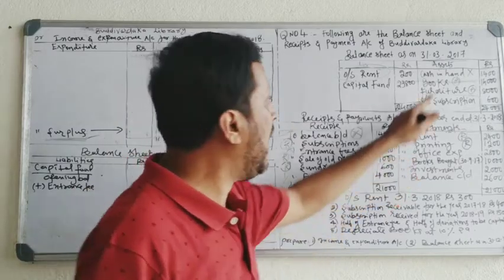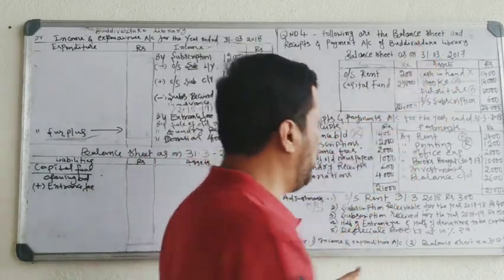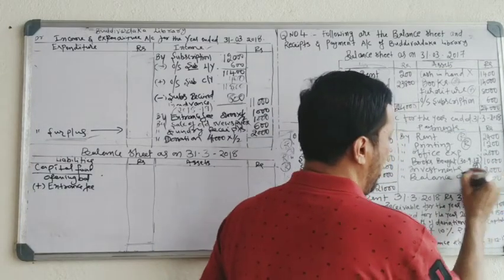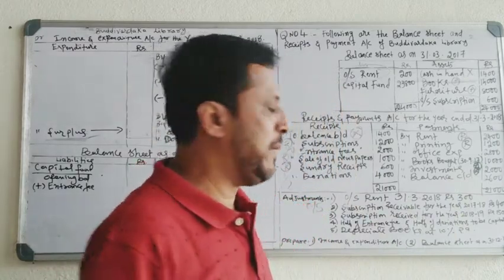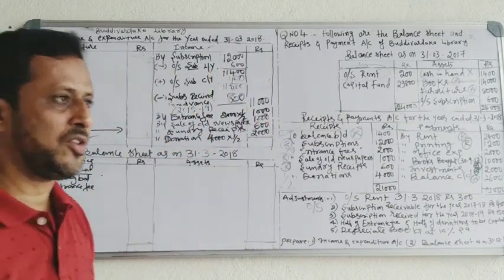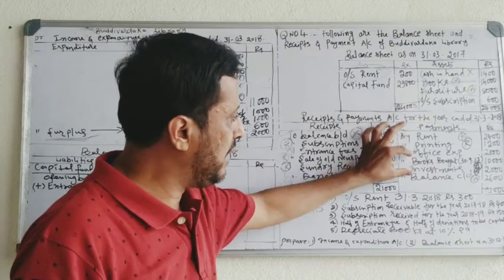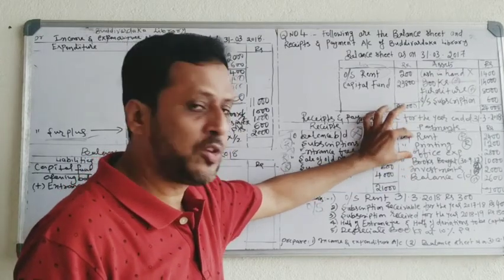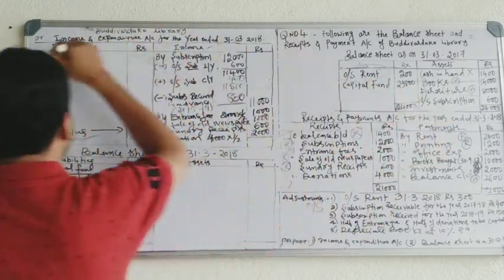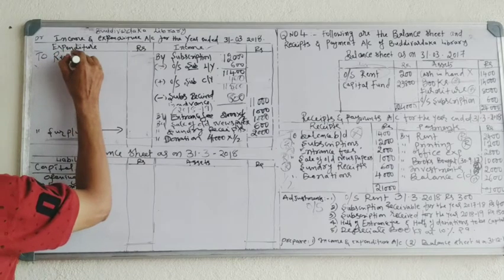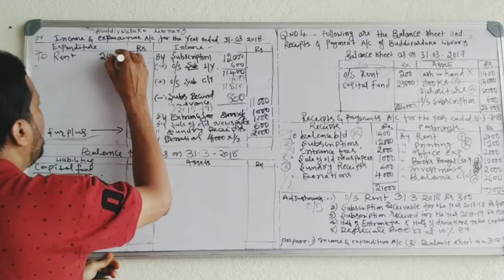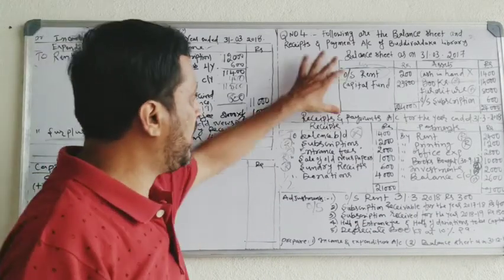Books is an asset for the library. Investment is an asset. Balance carried down means this year's cash and bank balance, it is also an asset. See, totally you have 6 items on the credit side of the receipts and payments account. 3 are revenue expenditure and 3 are assets. The 3 revenue expenditures are recorded in the income and expenditure account, debit side. Starting with rent, how much rent is given? Rent 2,400.